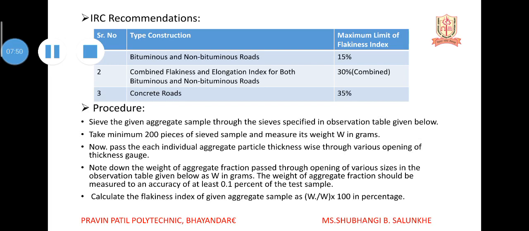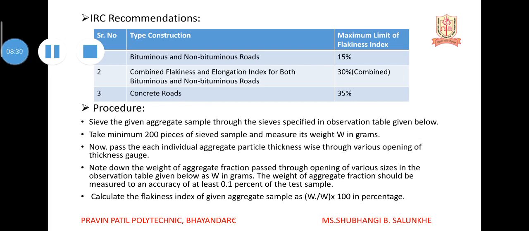Then we are going to see the procedure of our experiment. First we have to sieve the given aggregate sample through the sieves specified in the observation table. There are different sizes of sieves. We have to arrange them accordingly as given in the observation table, and then we have to sieve the aggregate. Before sieving we have to weigh the aggregate, the whole weight of the aggregate. After sieving the aggregate, take a minimum of 20 pieces from each sieve sample and measure its weight W